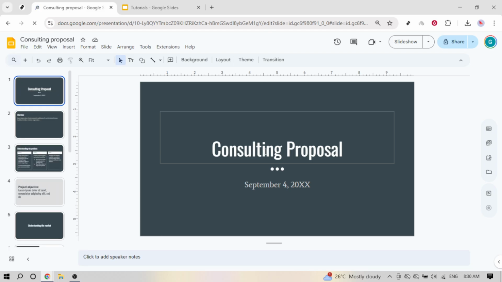That's all you need to get started. Go to Google Slides, choose a blank presentation for full creative control, or open the template gallery and pick a design that fits your project. With either approach,